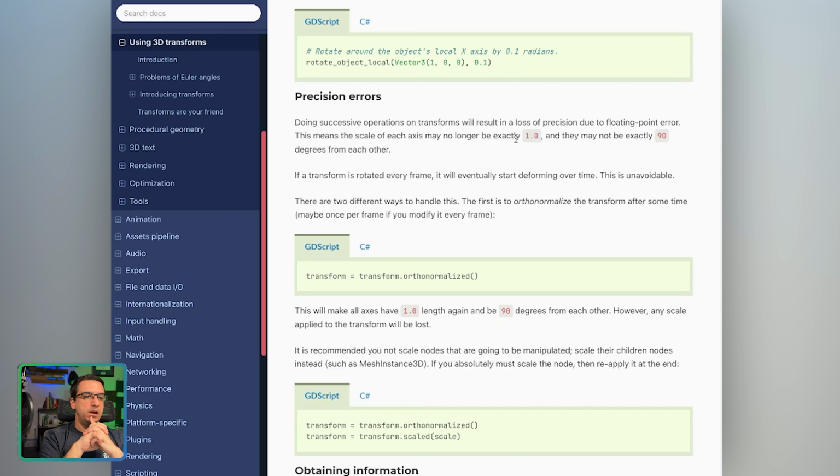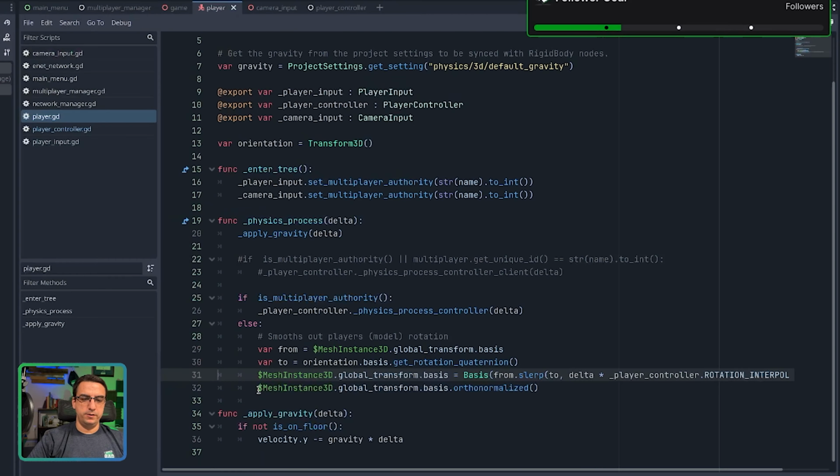So you can run your transform and set it to itself orthonormalized. This looks like what it's saying, maybe once per frame if you modify it every frame. But it says the scale afterwards. So scale, make sure you do your scales. It's a good little point there. So all they're telling me